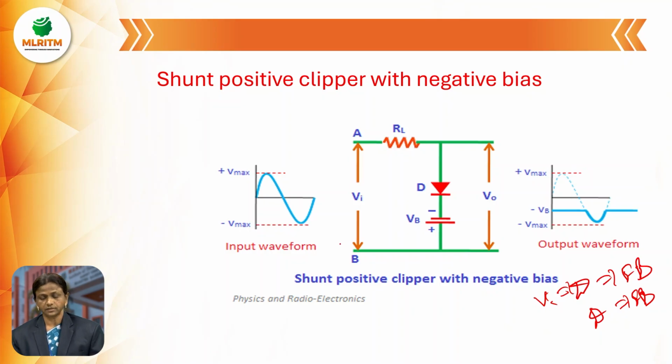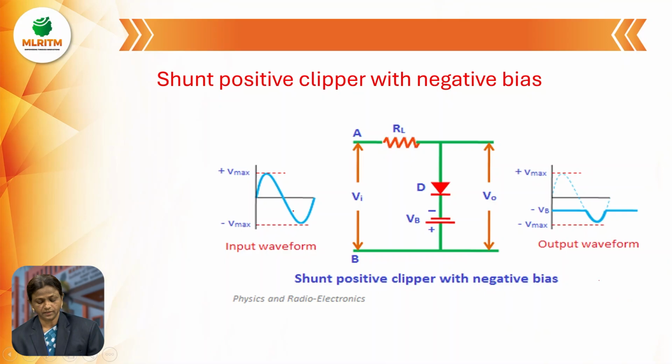Next, during the negative half cycle, what happens to the circuit? During the negative half cycle, terminal A becomes negative, terminal B becomes positive. When terminal A becomes negative, the negative terminal is connected to the anode of diode D, which means now diode D is in